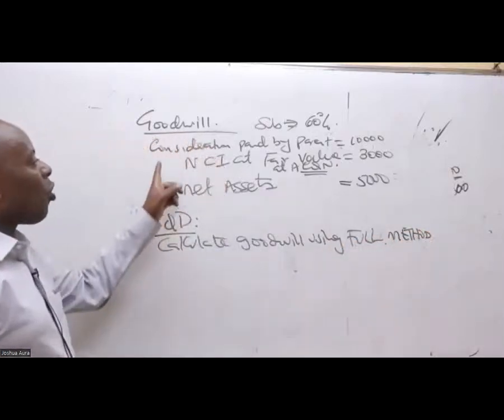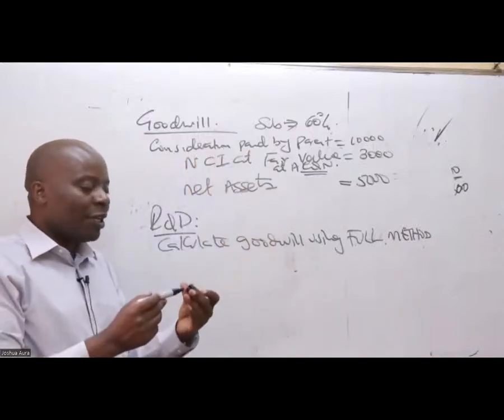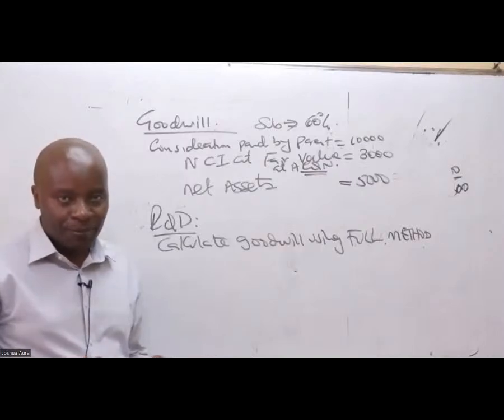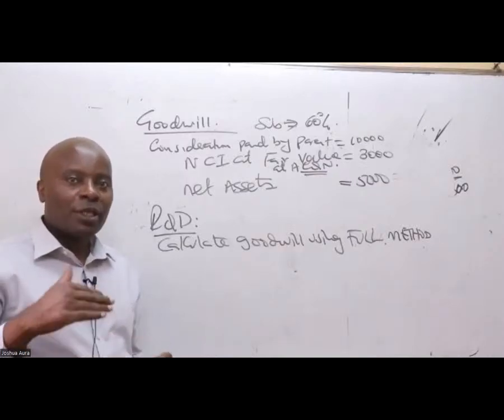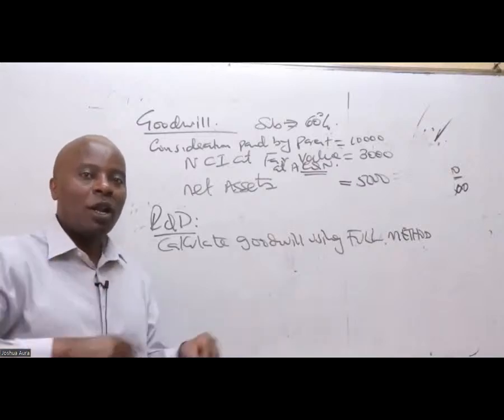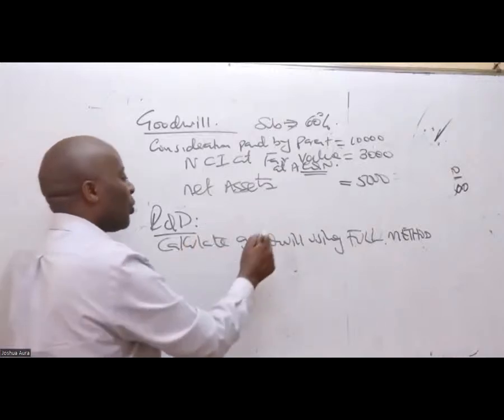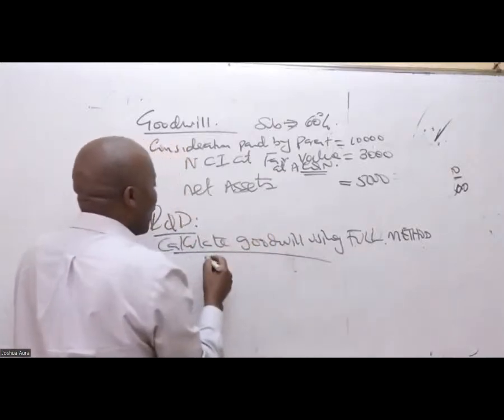This is when we consider both considerations paid by the two parties. When you consider what has been paid by the two parties, then automatically you are accounting for the full. So when they tell me to use the full method to compute goodwill, then what I will do is